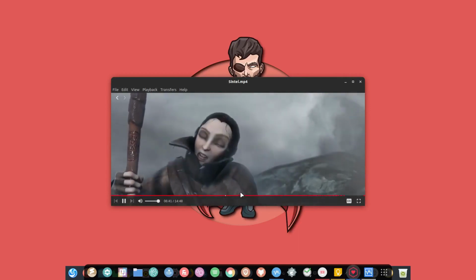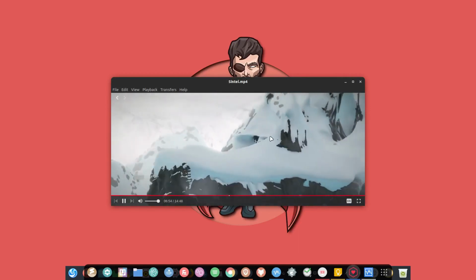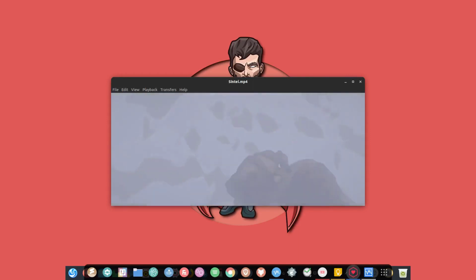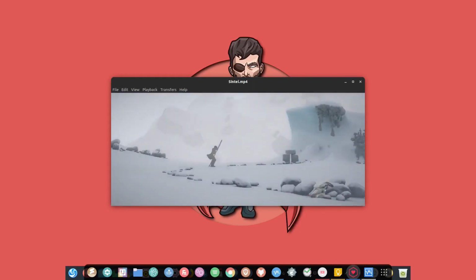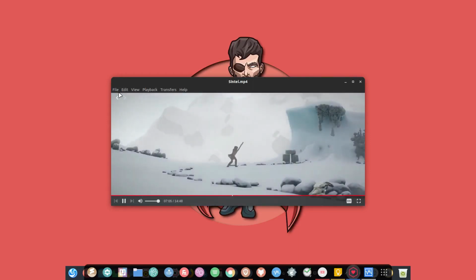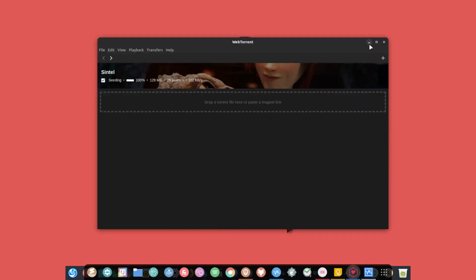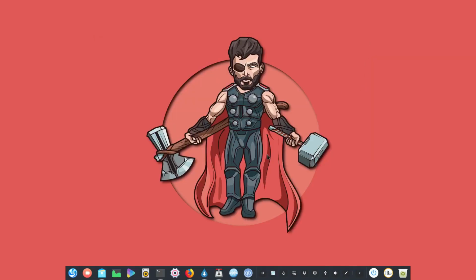So this is a very cool feature, and for some videos BitTorrent is not able to play them, and for that it uses VLC. So that feature is also available in this torrent client. So you can use it not only for playing the videos, but you can also use it as a regular torrent client. So these are the torrent clients that I wanted to show, and you can use any of these,